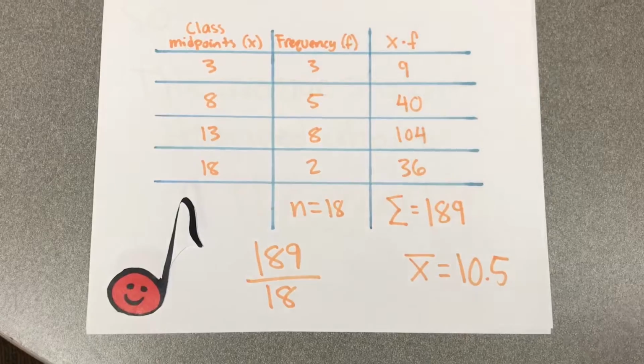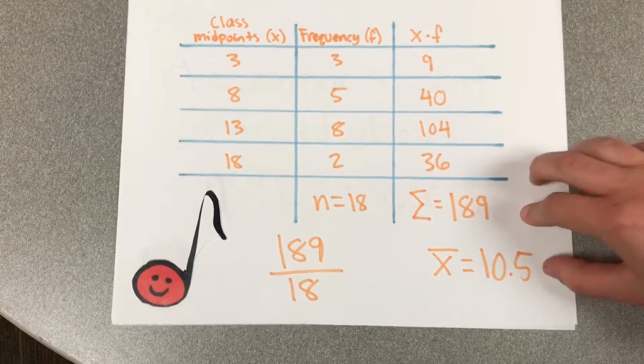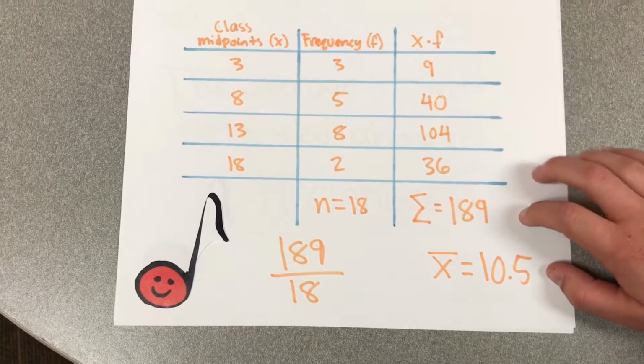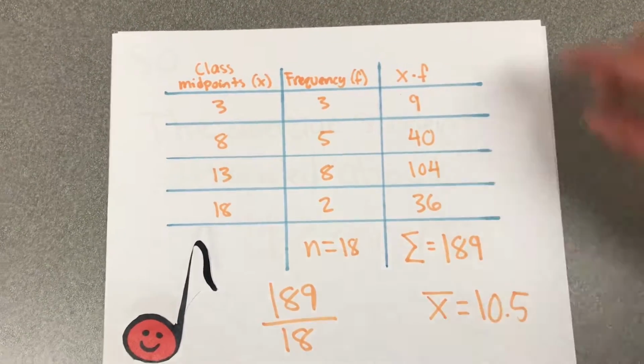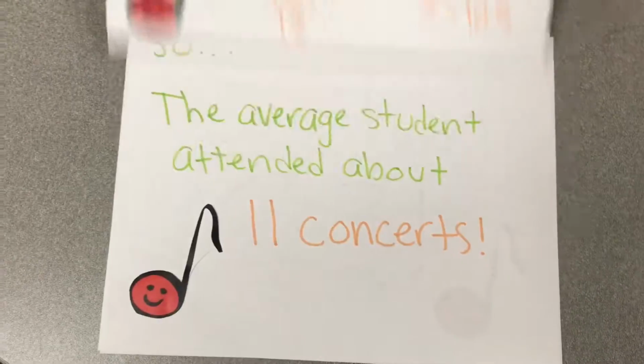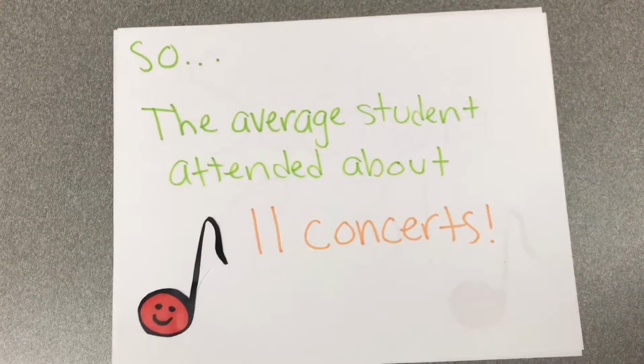Now, to find our weighted mean, we just have to take the sum of our xf values, 189, and divide it by n, 18, to give us a mean of 10.5. So, the average student attended about 11